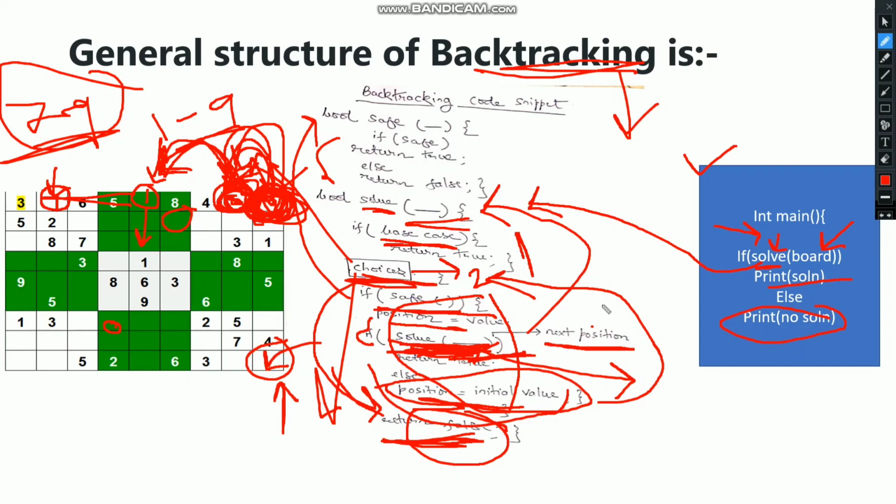So the false value will return to this if there is no number ranging from 1 to 9 satisfying this cell. The boolean value will return to this solve and it will make the position equal to the initial value, which is 0, and resume the iteration from the next value.